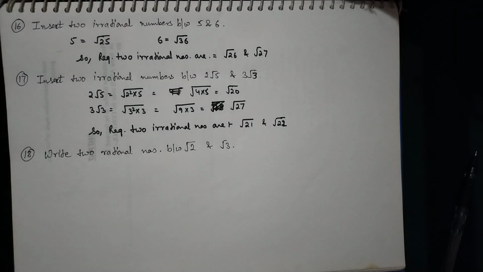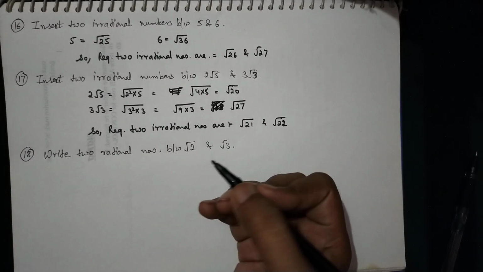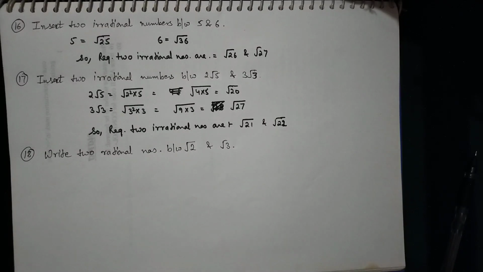Here we have to write two rational numbers between root 2 and root 3. So very first of all we see the square numbers between 2 and 3, the numbers which are perfect squares between 2 and 3. So the perfect squares are